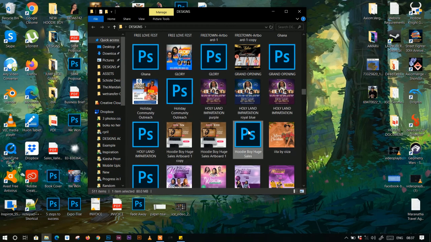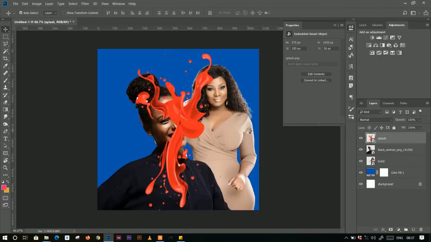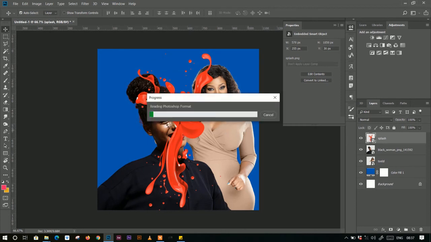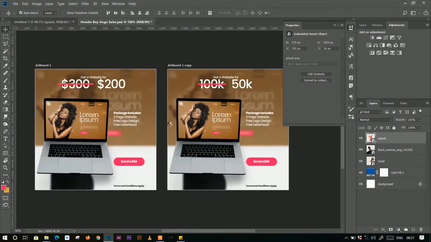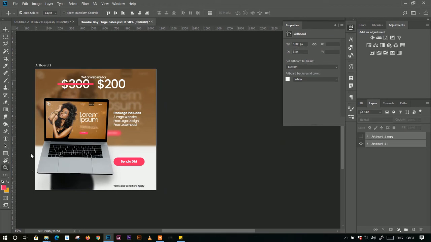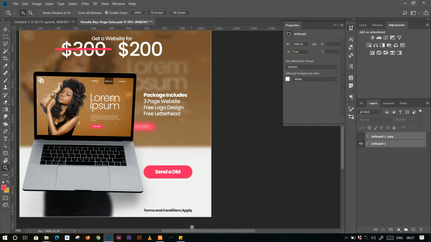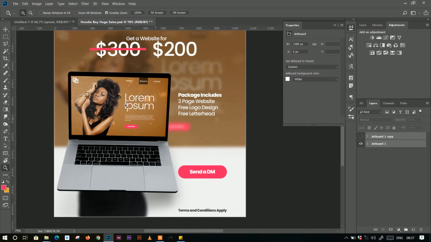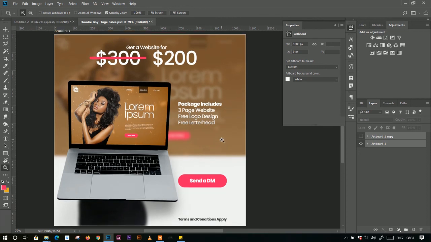So let me open it here. Yeah, so this is an example of a more complex design I worked on. So here you have the laptop, you have the picture inside. This is basically high level stuff. We're going to get here. We're going to get into the little techniques I used in achieving this, but for now, let me open the